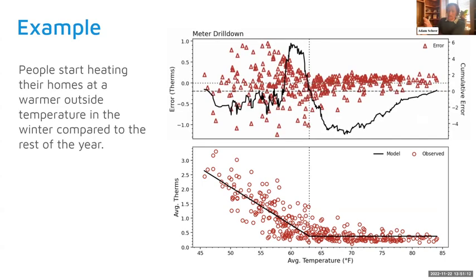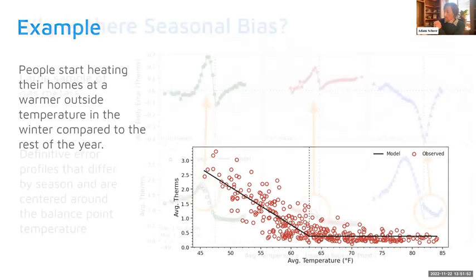To orient you toward this graph: the top graph takes every one of the data points on the bottom graph and looks at the residual, the distance between the model and the actual observed data. On the right-hand axis of the upper graph, the black line is the cumulative error I've calculated, starting with the lowest temperature and ending at the highest temperature. You can see this pattern flips sign around the balance point temperature, which is pretty consistent with what I was showing here.